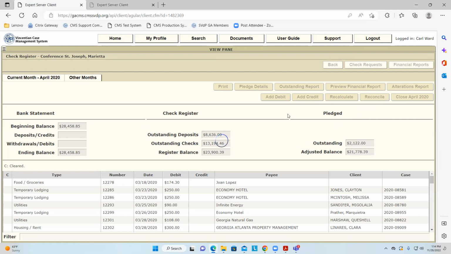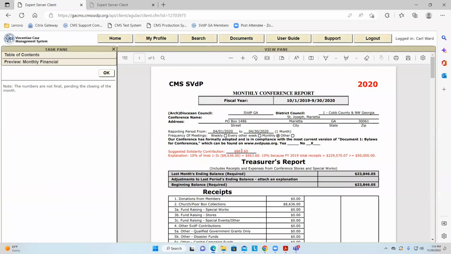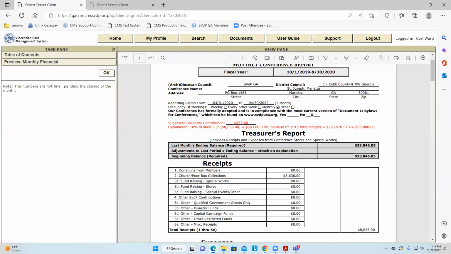And your solidarity is based upon your prior year's revenue. So you're either going to pay 7.5% or you're going to pay 10%, depending upon last year's revenue. Year or month? Year. It's right here. When you do a preview financial report, you're going to get what the suggested solidarity amount is. So you're going to do an add debit for $863.60.